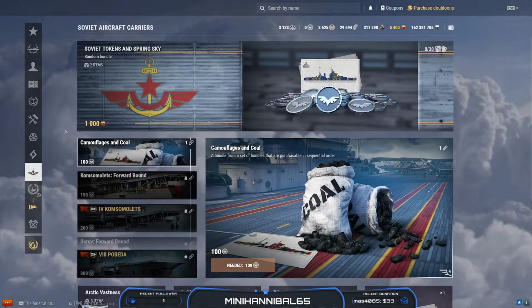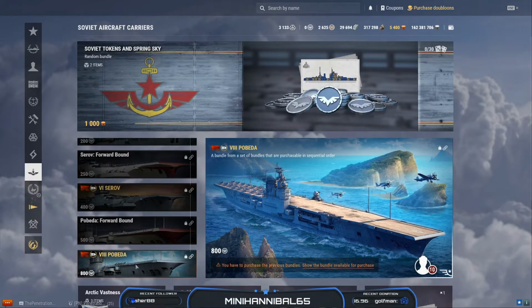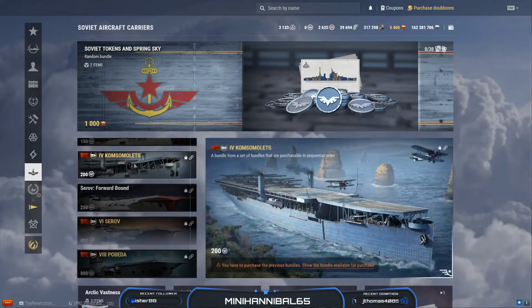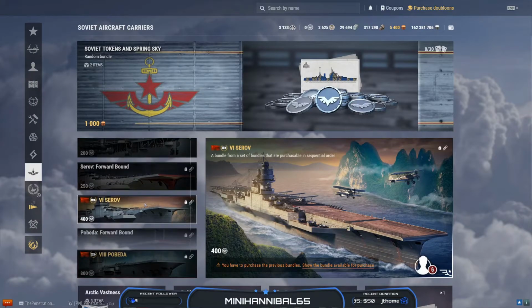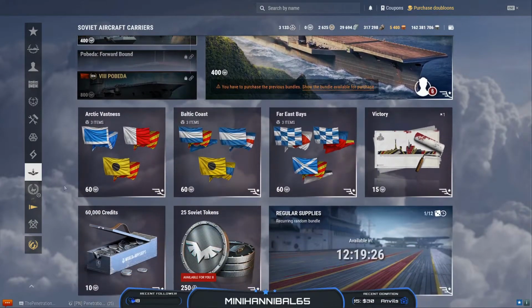You can obtain these in early access by spending Soviet tokens. Now, the Soviet tokens can get you the Tier 4, the Tier 6, and the Tier 8 Russian CVs. And Wargaming has said in the patch notes that you'll be able to obtain the Tier 4, 6, and 8 premium camos by doing stuff that is free in game, which includes getting